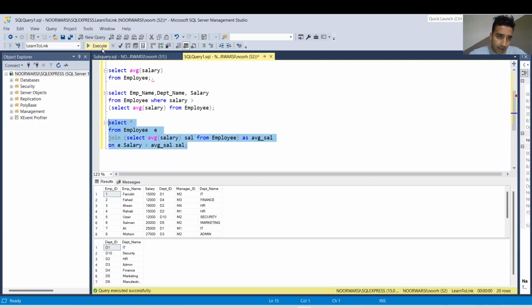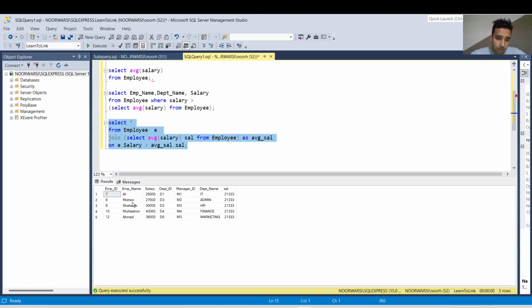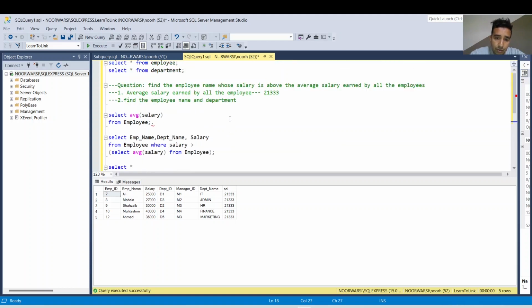So this is our scalar subquery with the from clause. So how is SQL executing this query over here? We type the query select all, star means all, from employee. I have given it an alias over here, E. Now I'm using the join statement which is basically a self join. So I'm joining the table with itself, and we know that this query over here is giving us the average value which was this